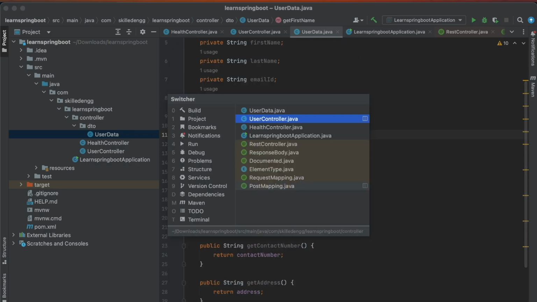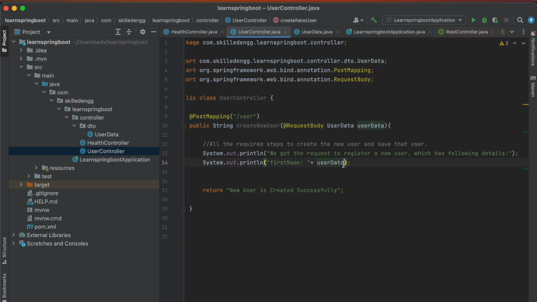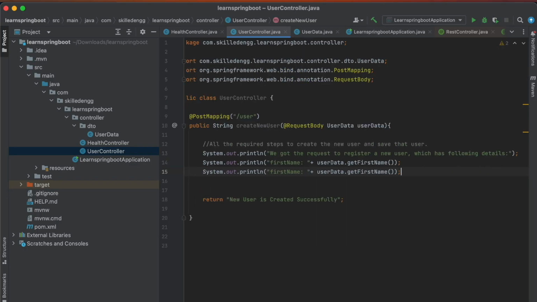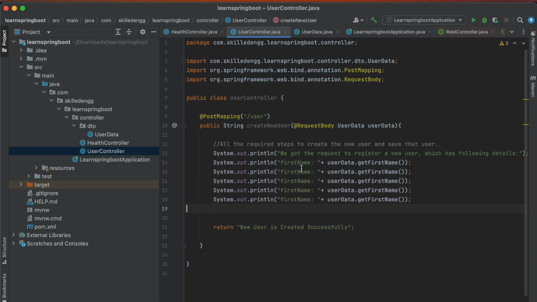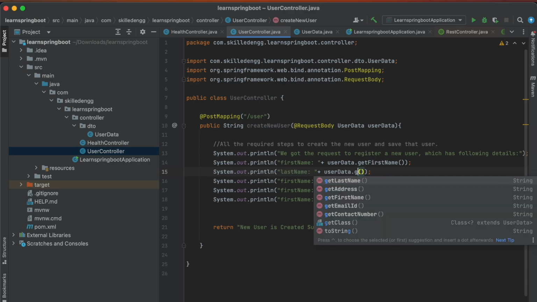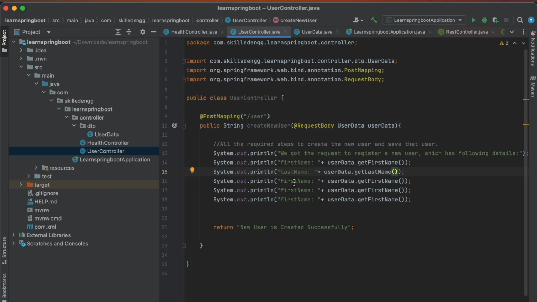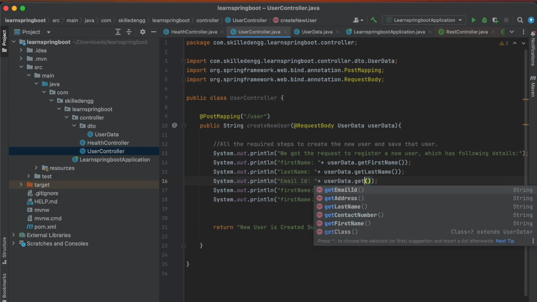Now I will go again to the UserController. Here I will say dot getFirstName, and I will just copy this and paste this 5 times. Now the next thing will be last name, then the email ID, or rather I will keep this like this, it will be more convenient.